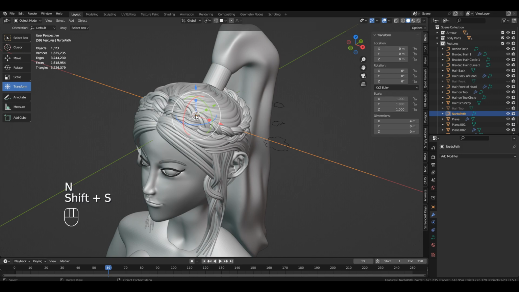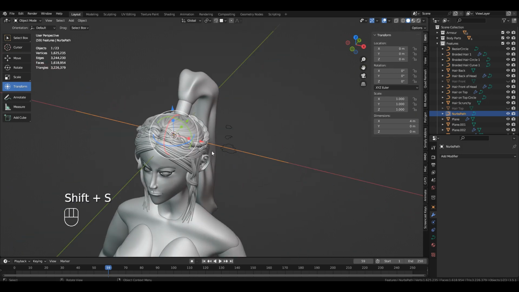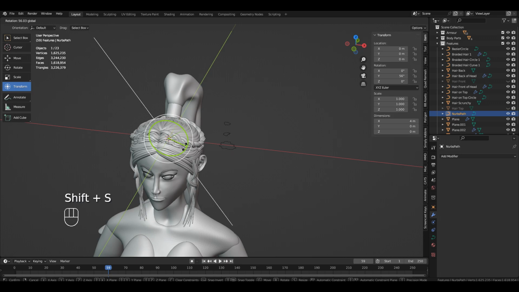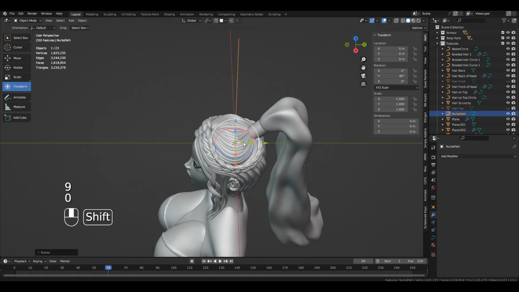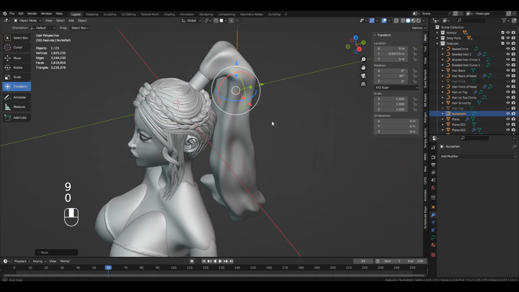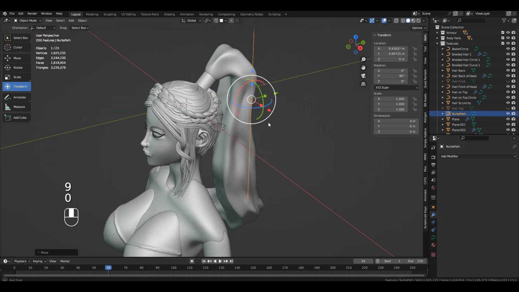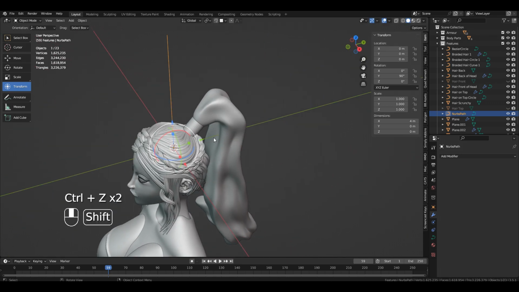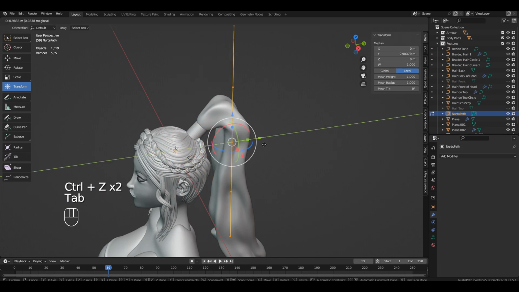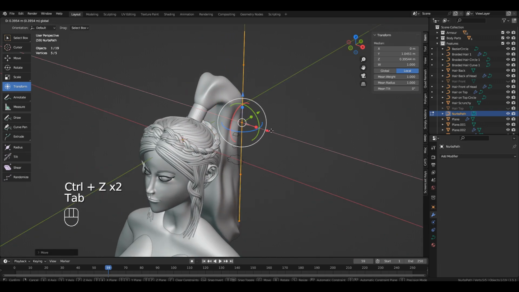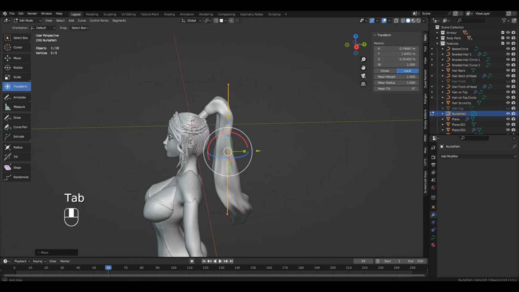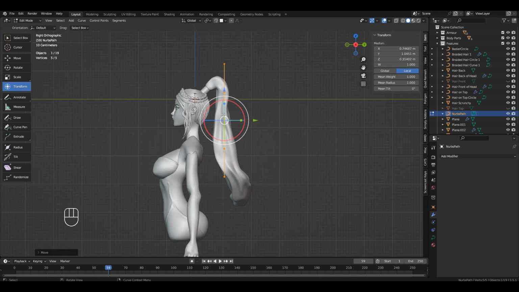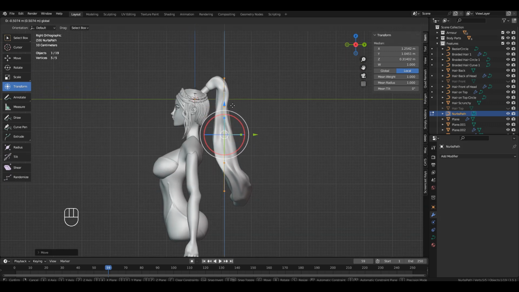So let's just bring in a path curve: Shift A, curve, and then the path curve. We're going to rotate it on the y-axis 90 degrees. We're going to just Control Z that back, and then go to Edit mode, and then move it with the transform gizmo, keeping the origin placed in the center. So we're going to place it down, halfway down like so, and then we're just going to stretch on the